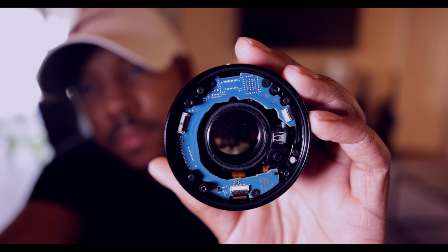But it's worth a shot, because I'm not gonna ship this lens out and pay $200 to $400 to have it repaired, when that's just about maybe more than it's actually worth right now. So anyway, I reassembled the lens, put everything back together, powered the camera on, and to my surprise,